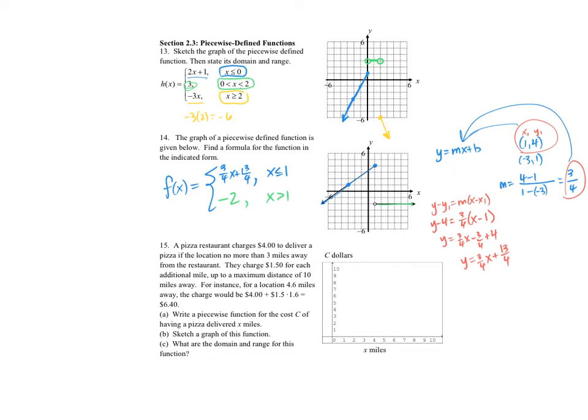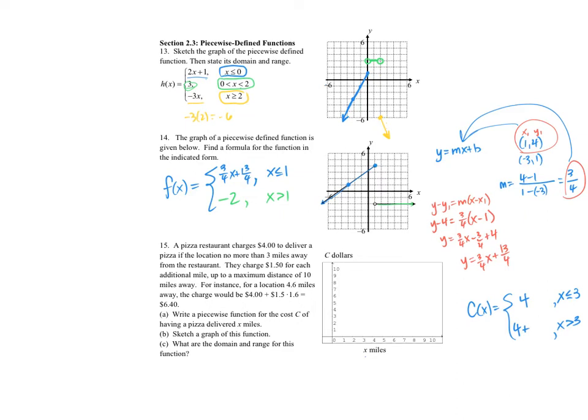Okay, so for the first 3 miles, they charge $4. So we'll say C of x, since my x-axis is labeled x. So C of x is equal to, the first thing is if x is less than or equal to 3, it's just going to be $4. And then if x is greater than 3, it's going to be that $4 plus